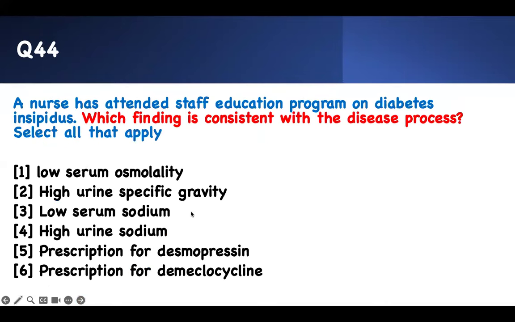44. And then the nurse starts a staff education program on diabetes insipidus. Which finding is consistent with the disease process? Select or apply. What is diabetes insipidus? It is basically no ADH. So the urine output is going to be high, whether you like it or not. You're going to get rid of it, or your urine is diluted. So low urine,